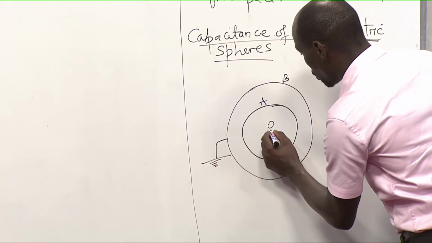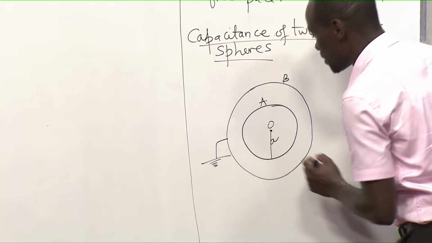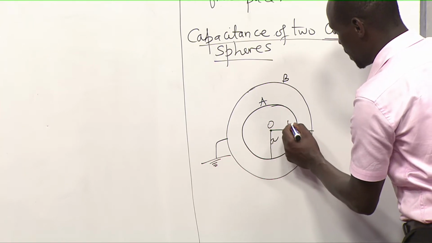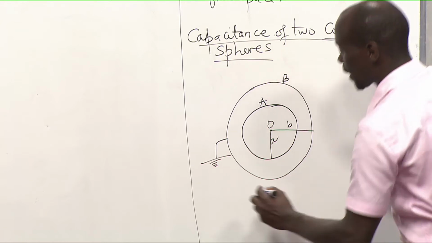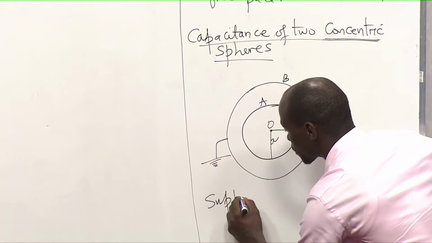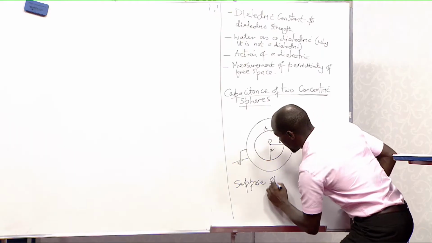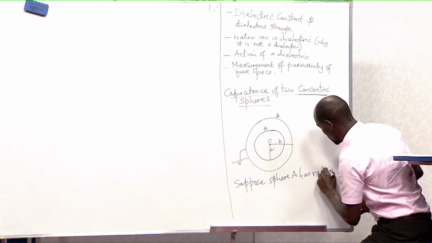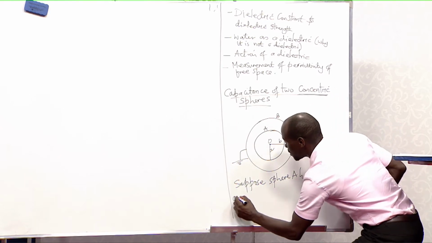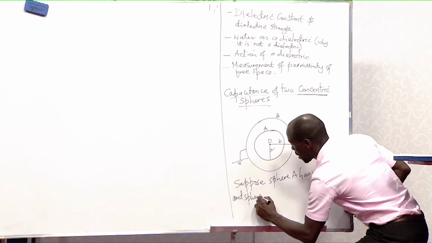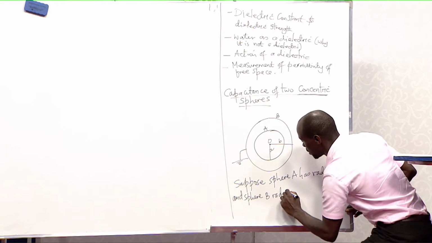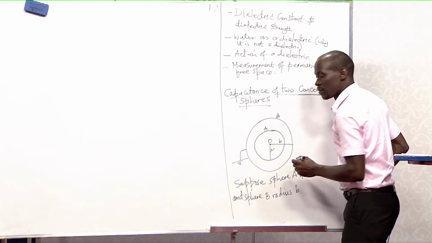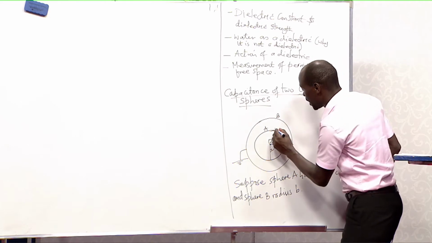And suppose this is point O. Sphere A has radius a, and sphere B has radius b. Now, if you give sphere A a charge Q